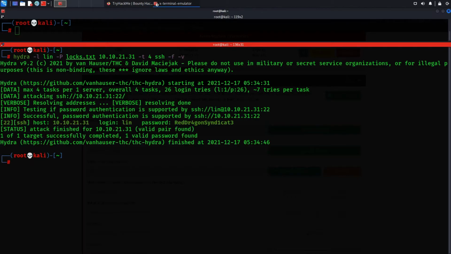Okay, so it found a valid pair over here, and here's the password, RedDr4gonSynd1cat3.